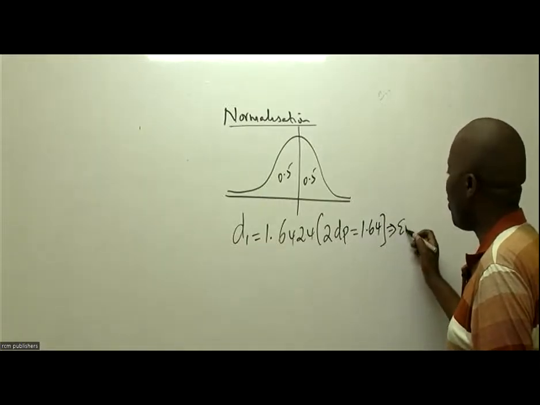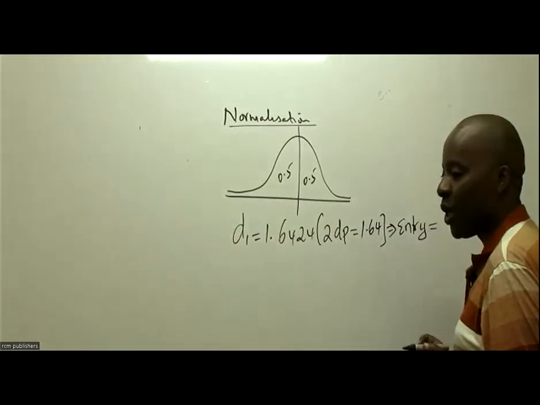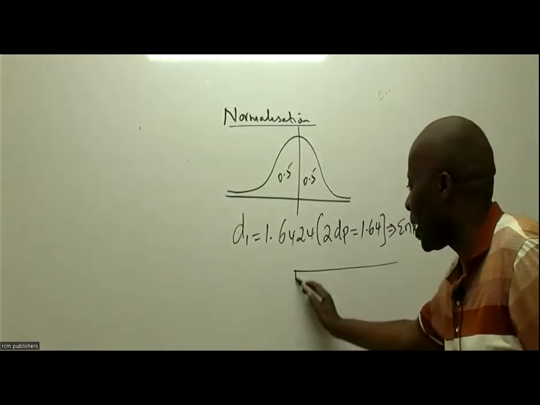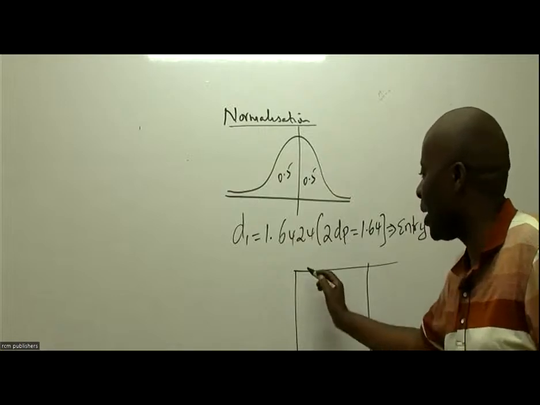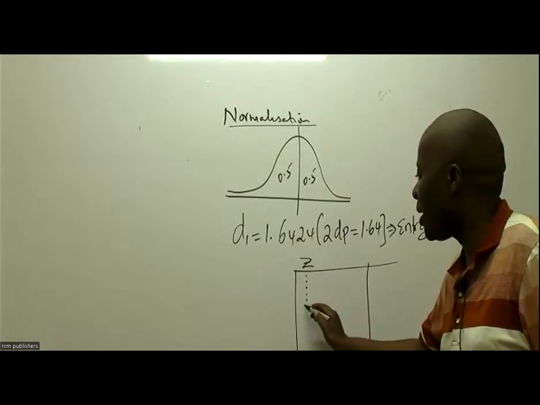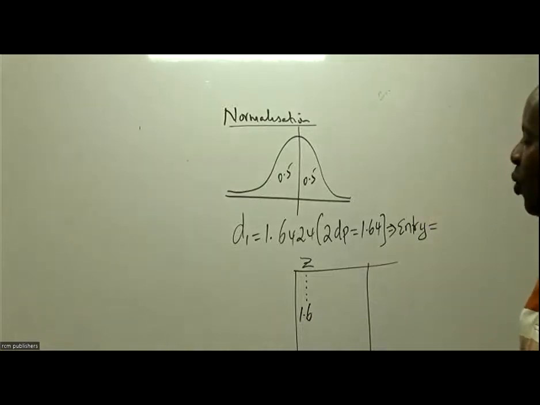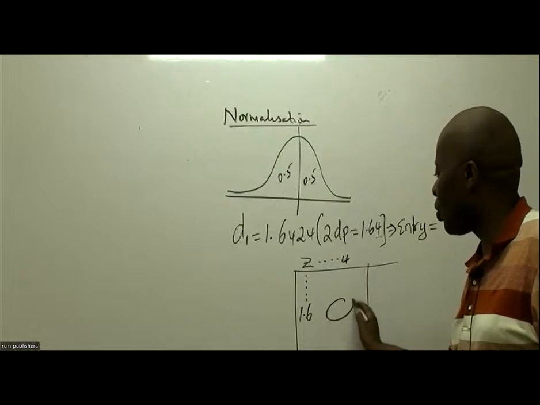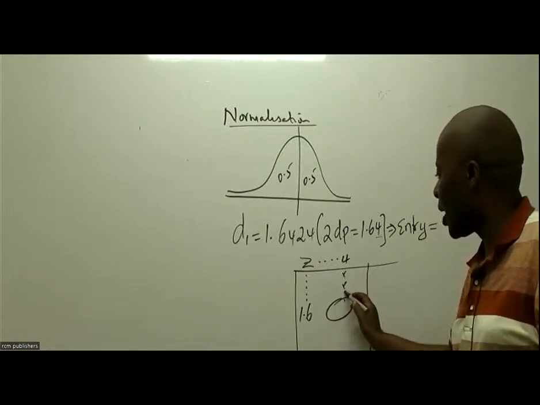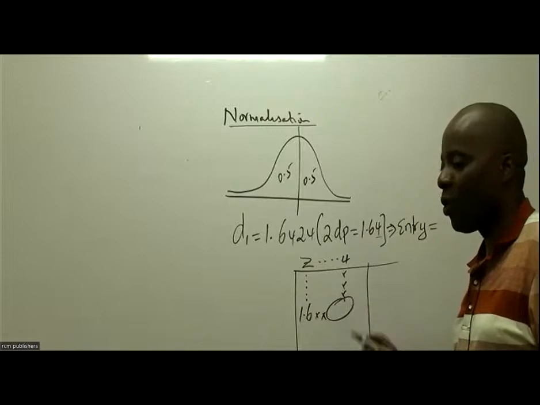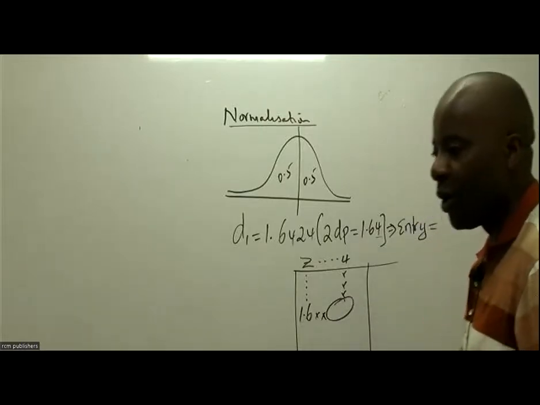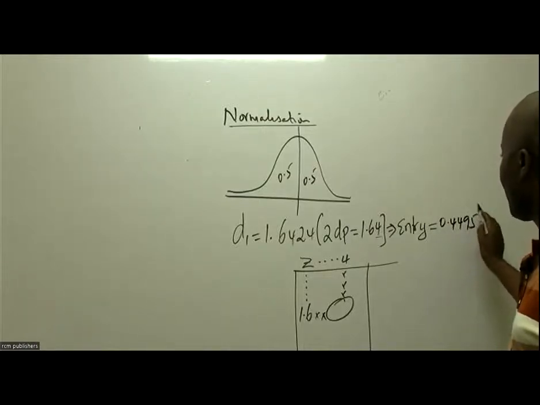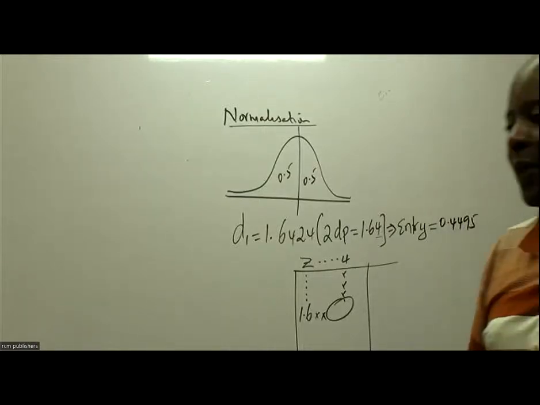And then now you go to the normal tables, and give us the entry. Remember the normal tables, how they look like. You have them at the back of your papers there. You'll be able to see the Z there. The Z goes straight away to 1.6. And then when you want this second digit here, 4, you look for it up there. And then the Z score will be the number that you're seeing at the intersection of the two, 1.64. So they're telling me it is 44.95. So the entry is 44.95, like that. That is the entry.